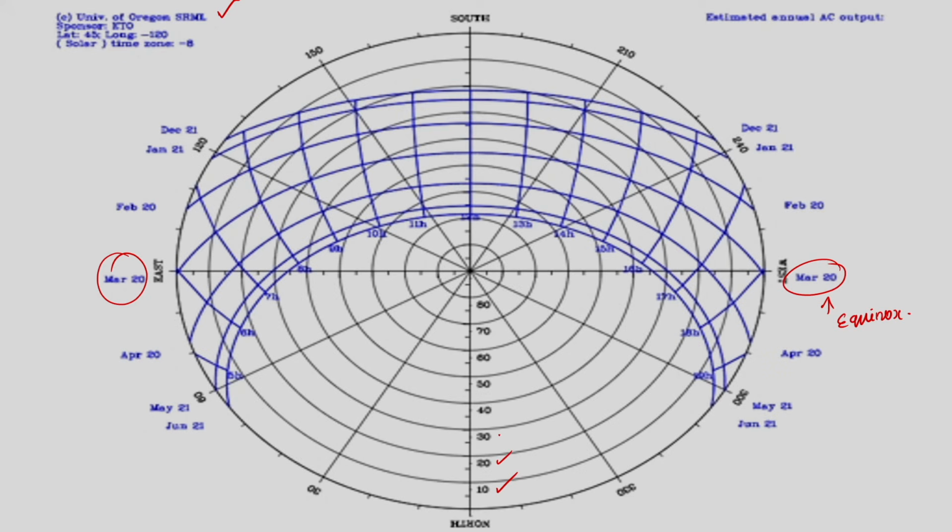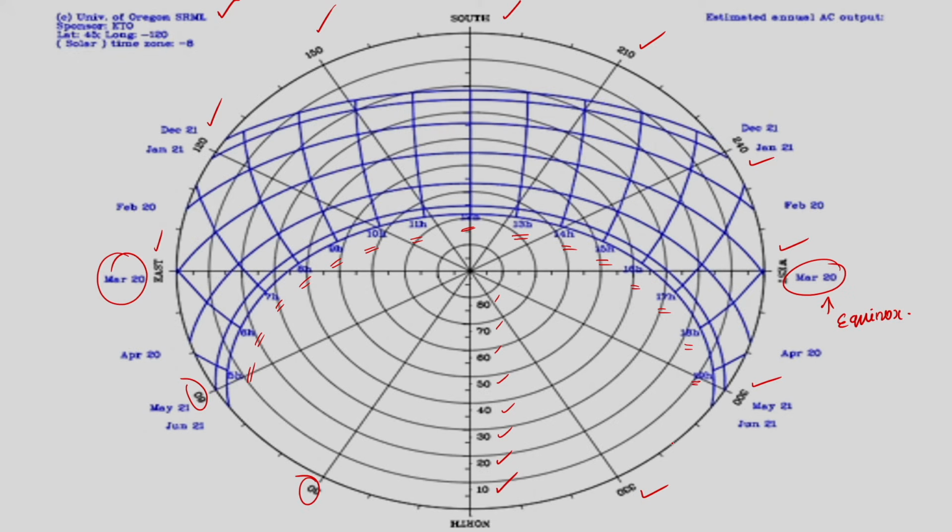This is divided into 10, 20, 30, 40, 50, 60, 70, 80, 90 degrees, right, and this is nothing but the meridian. It starts from 30, 60, 90, 120, 150, 180, then 210, 240, 270, 300, 330 and 360. So, it is divided in this manner. These are hours, right: 7 hours, 8 hours, 9 hours, 10 hours, 11 hours, and 12 hours is considered to be noon, and then 13, 14, 15, 16, 17, 18, 19, that way it goes.